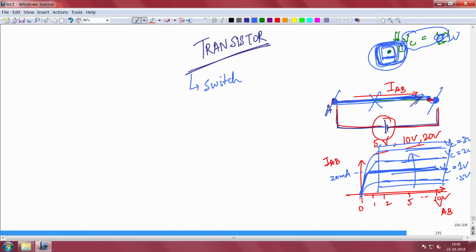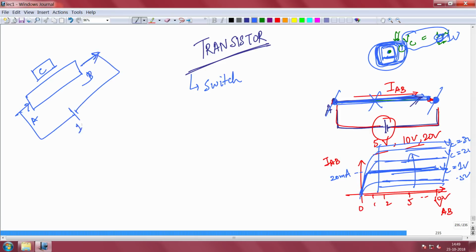This switch allows you to block large voltage. Suppose I have a transistor, current flows from here to there, and there is a third terminal here C, which will dictate how much current flows. But if I behave it as a switch, then between these two terminals I might as well apply even 1000 volt, still the current that will flow is almost 0 nanoamps, because this is the knob that is controlling, the parent, the mother knob. So, by that you are actually blocking 1000 volt between the two terminals.